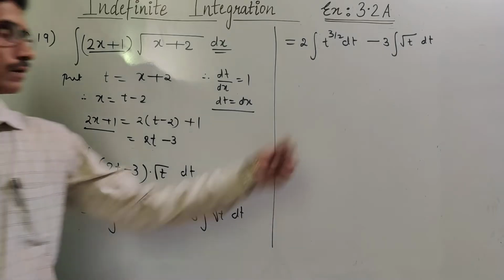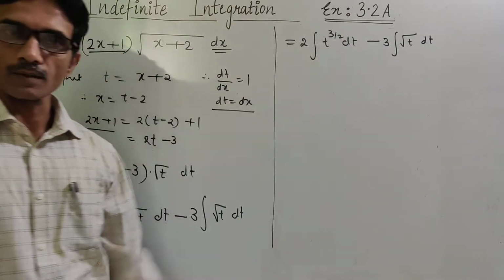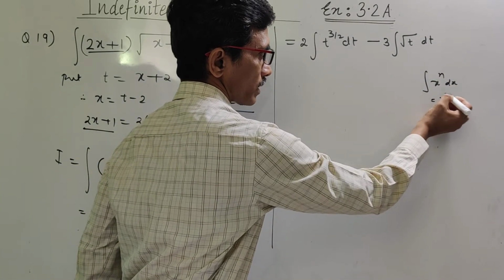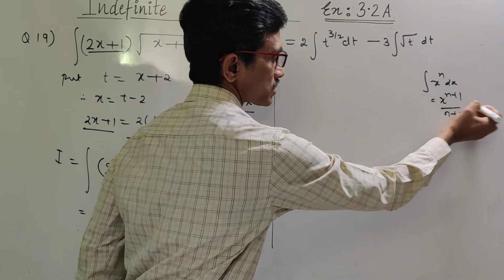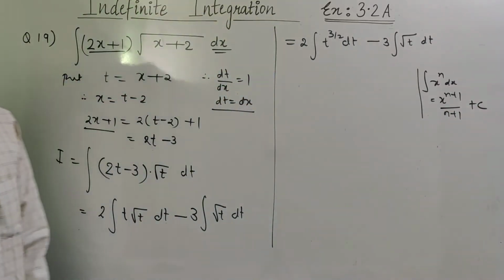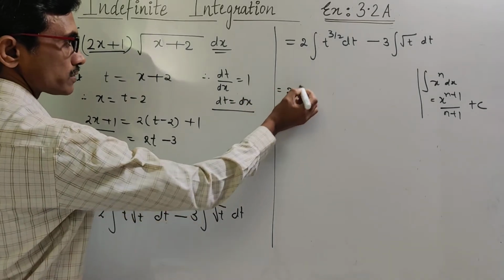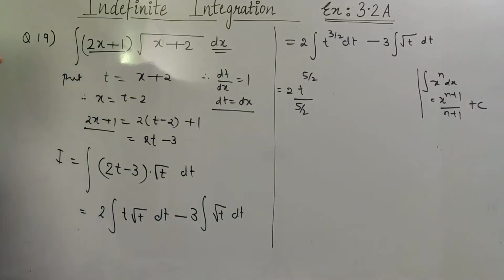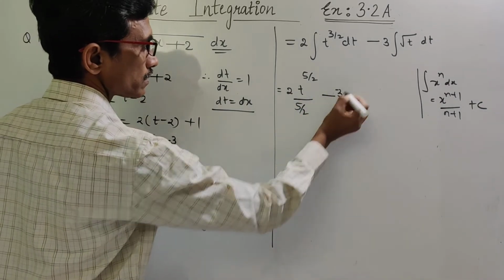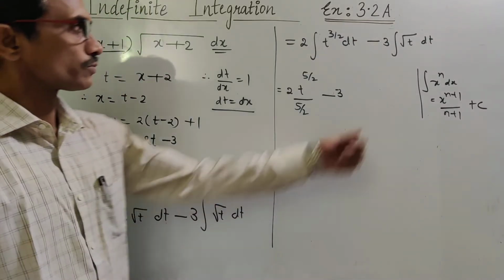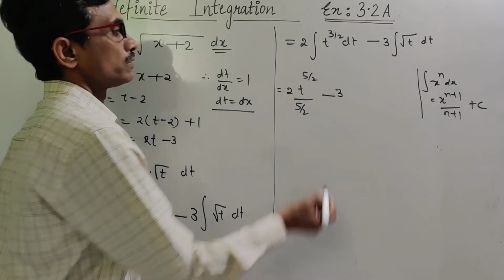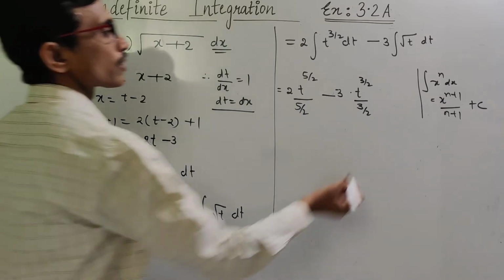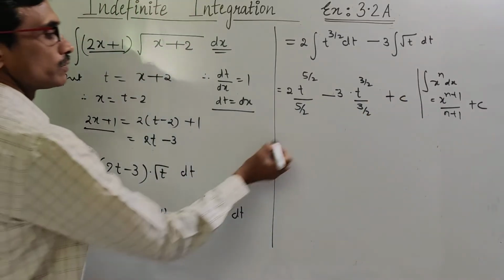Then t raised to power n, that is t raised to n plus 1 upon n plus 1. Formula is this: integral of x raised to power n dx is equal to x raised to power n plus 1 upon n plus 1 plus c. We use this formula, so this will be 2 times t raised to power 3/2 plus 1, that is 5/2 upon 5/2, minus 3 times root t, that is t raised to power 1/2 plus 1, 3/2, t raised to power 3/2 upon 3/2, plus constant of integration c, which will be 4 upon 5